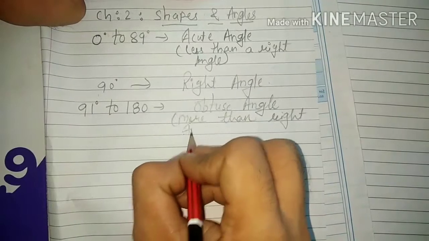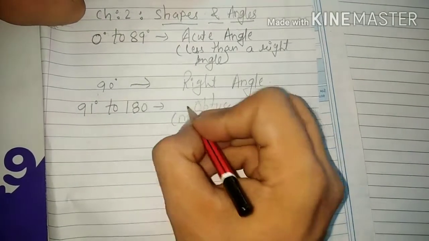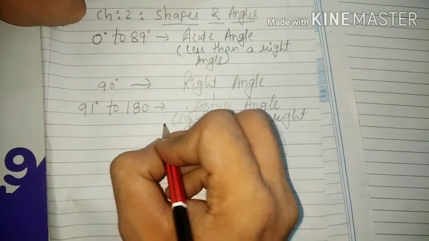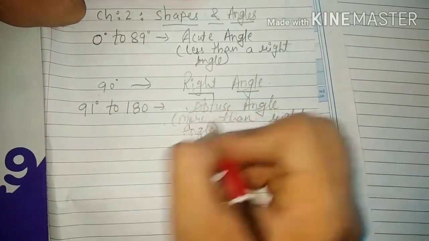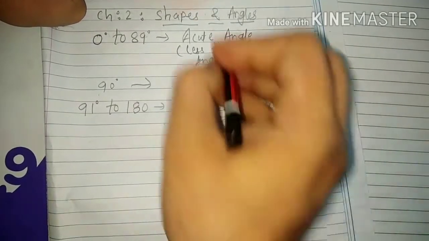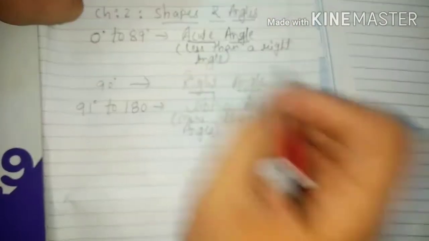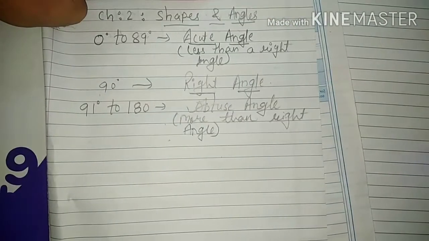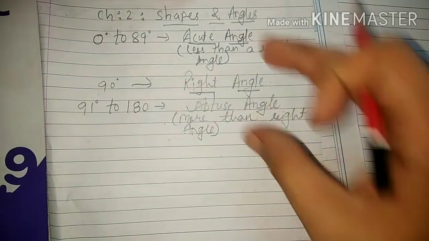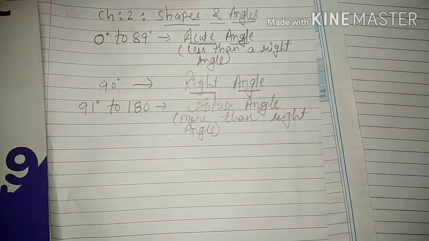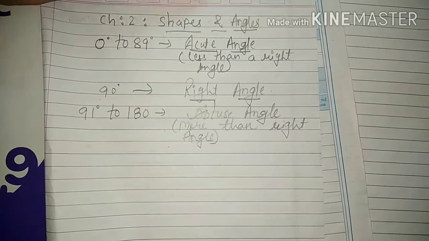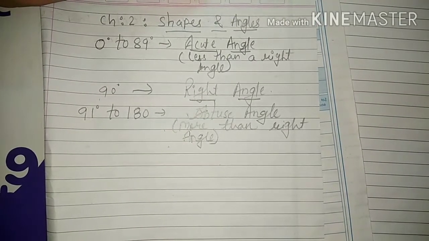So more than right angle, I will write it down. Actual में it is obtuse angle, but I will write it down as compared to right angle. तो ये right angle से ज़्यादा होगा. As compared to this one angle is acute angle, I will say it down that this is less than a right angle. So students, the entire thing what I have written it down, you have to pause the video and write it down in your notebook.